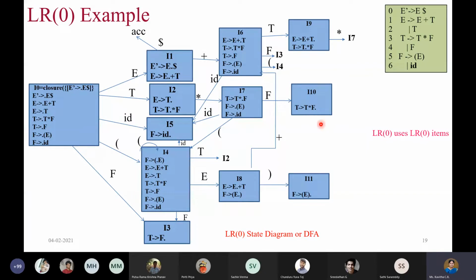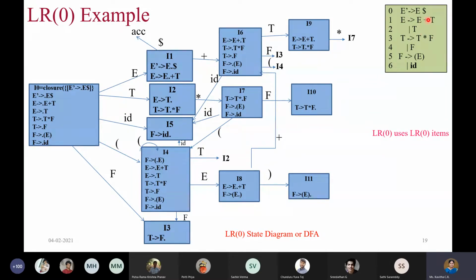So I7 means you have to see there from I7. Is there an end? Yes, it is there. It is there to complete it. Okay, that path is also completed. Similarly, you take any symbol and any state, you can verify whether the path is complete or not. So finally, what you should have is all the possible rules in my grammar processed, and the dot should be in the rightmost position so that it is eligible for the reduce action.